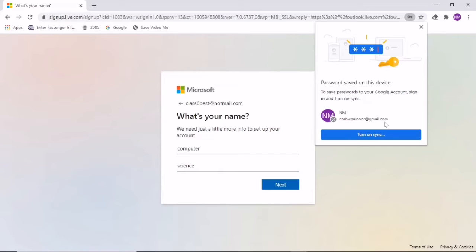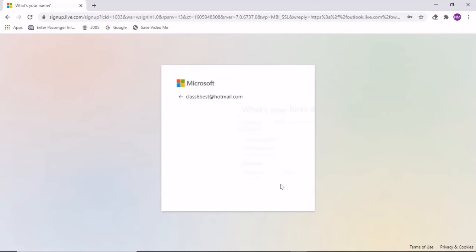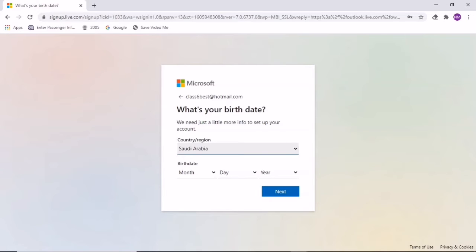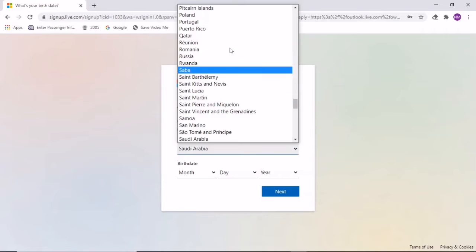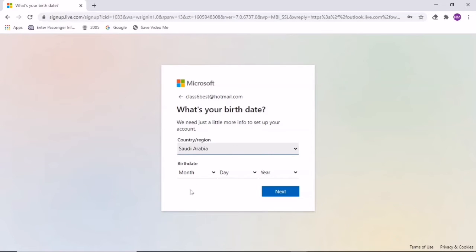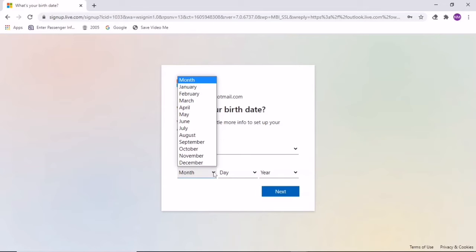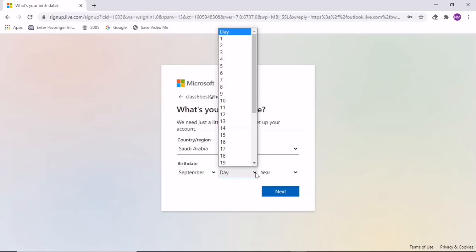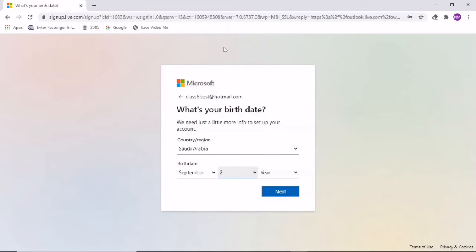Next option is to write your date of birth or any date. For example, select month here, then date, year. Okay, I select the date and month of my joining, like September, and date 2 and 2012, and click on OK.